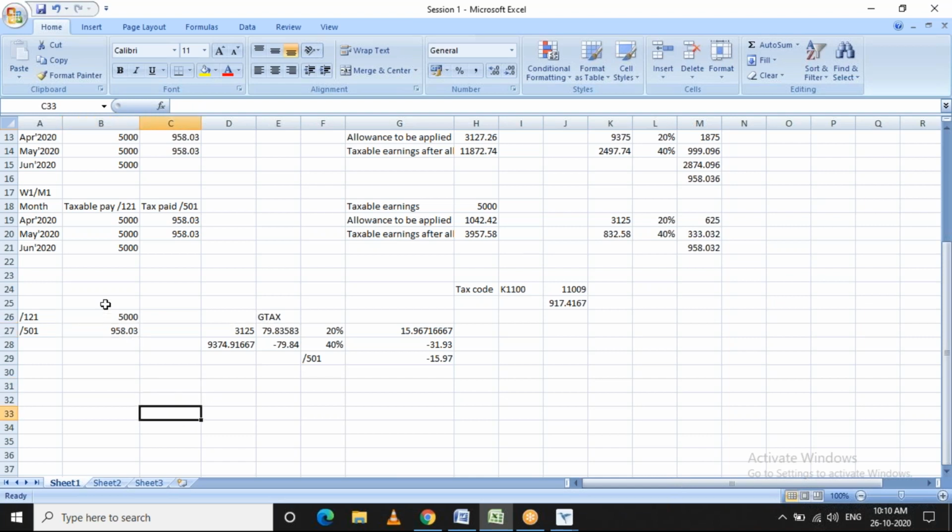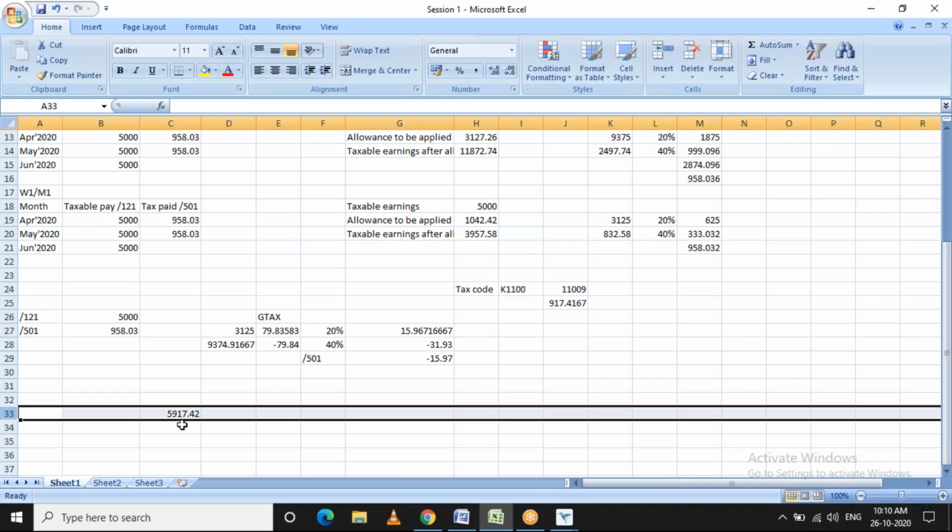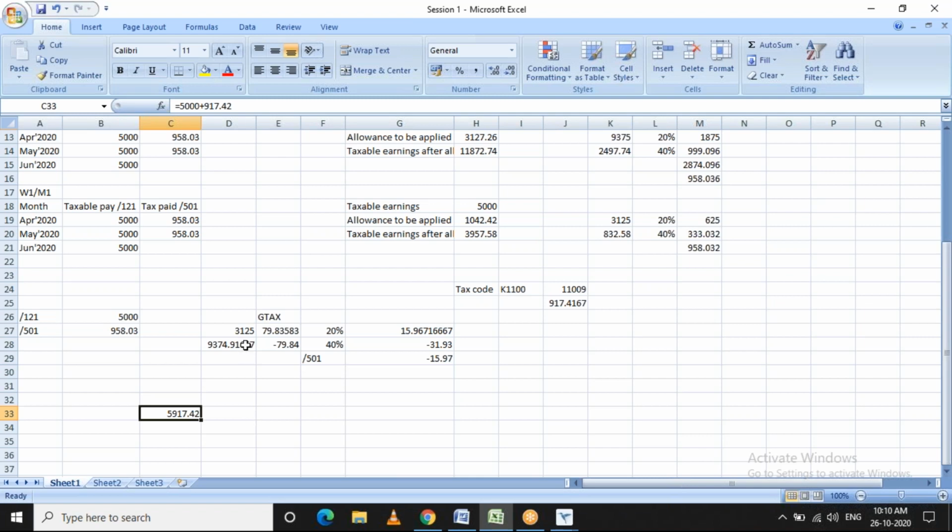So we have generated the wage type /121 as 5,000, and based on the tax code, the monthly allowance calculated is 917.42. So this will become the taxable earnings for that particular period, and on that the tax will be calculated. Similarly, the tax slab for the first is 3125, on which 20% will be applied, and the remaining amount from this 5,900 will be calculated at 40%.